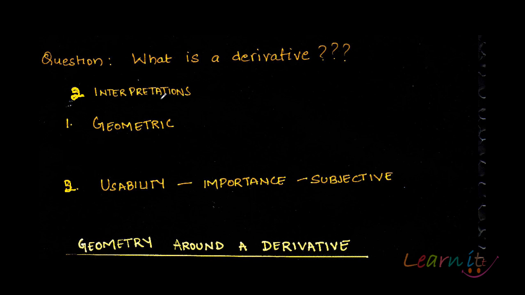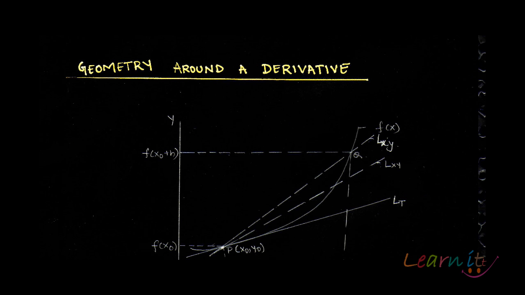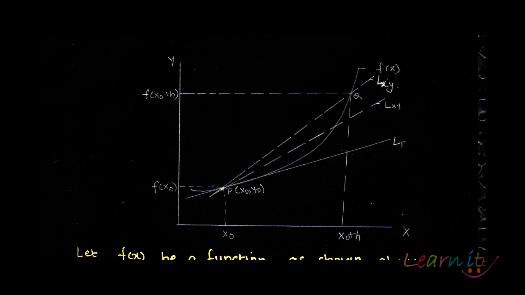Now let us first of all concentrate on what we mean by the geometric interpretation of a derivative. So, geometry around a derivative. Here I have made for you a simple diagram, in case it is not looking that simple. It is showing us a function. What function am I talking about? Let me color it yellow. This function f,